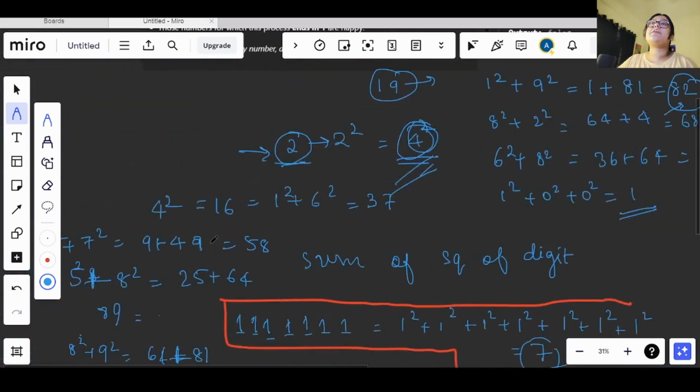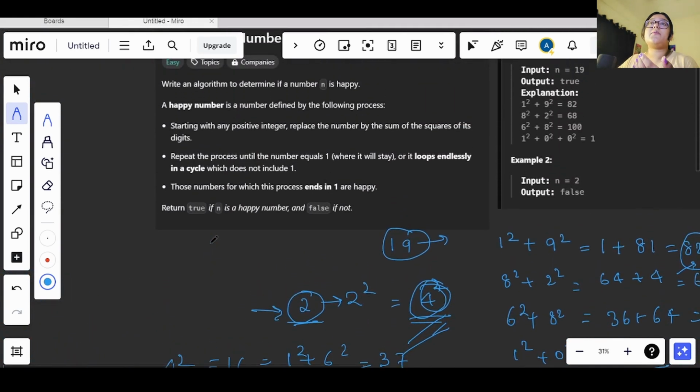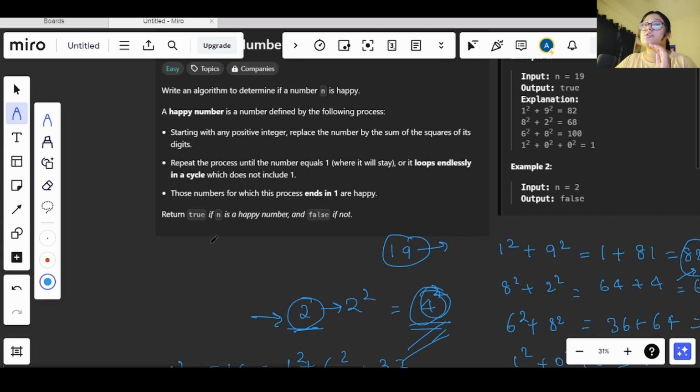Okay, so basically, I'll iterate through it again. The happy number here does not mean that once you have got a single digit number, you cannot iterate it again. It is not like that. You need to keep in mind that you need to keep on iterating until you have found one. And we break out of the loop when we find that we are getting the same number again and again. In that case, we will simply break out of the loop. So now I hope this is clear to you.